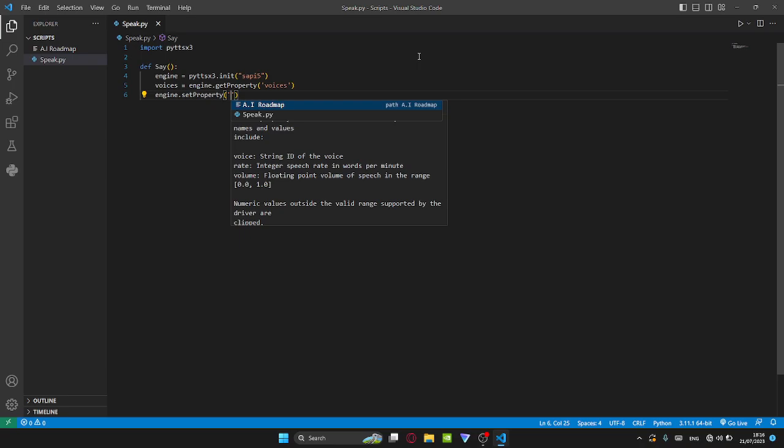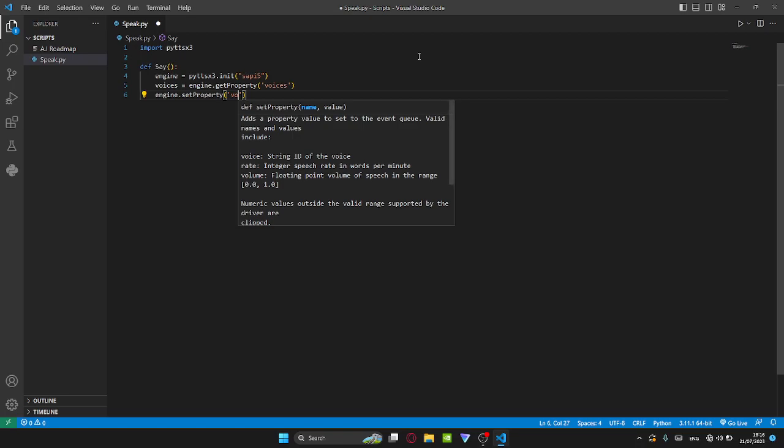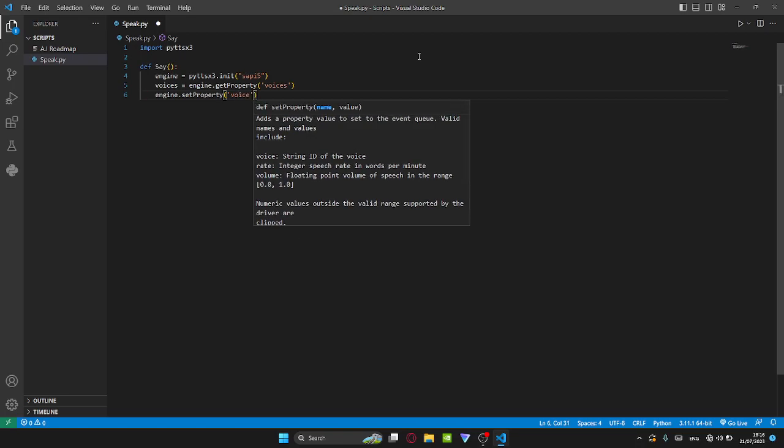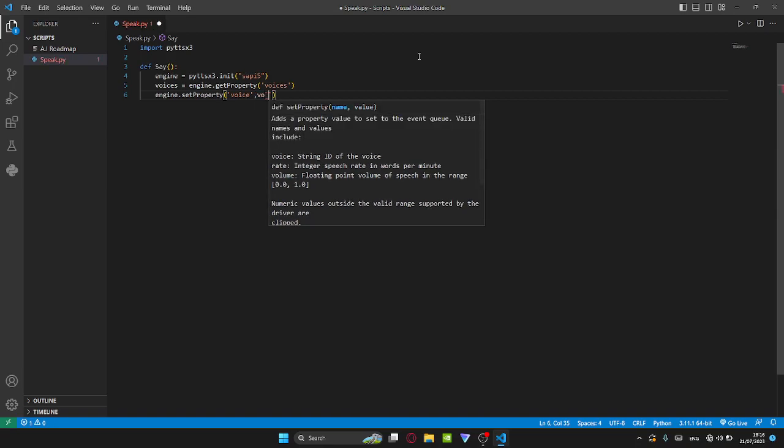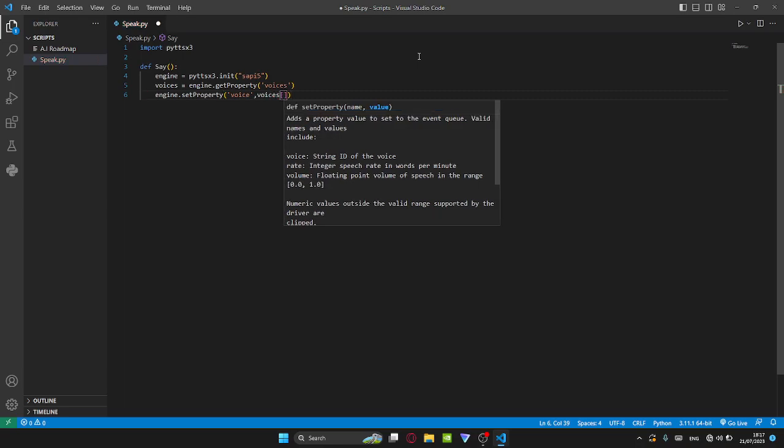So engine.setProperty, voice, comma, voices, and then we're going to put in 0, since Jarvis has a male voice, not a female voice. So 1 and 0, what they do is that